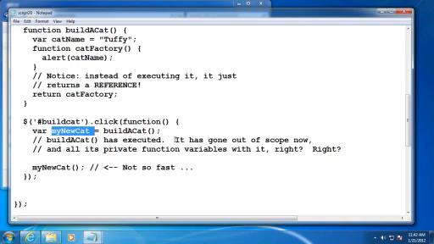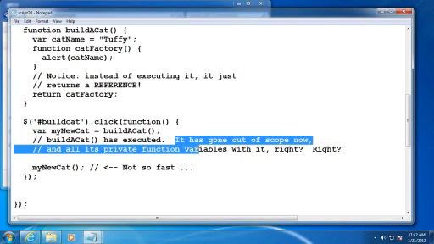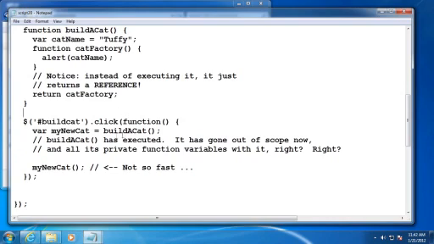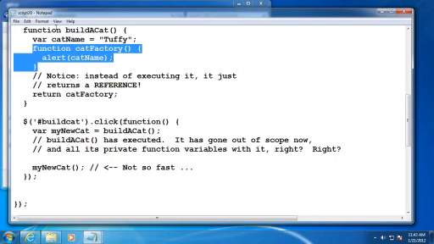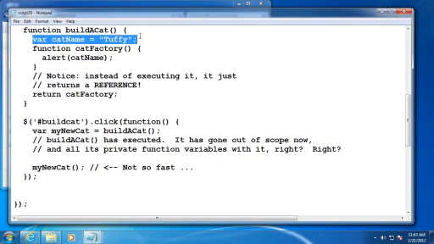And I say it's gone out of scope now, right? And all of its private function variables with it, right? I mean, at this point, we have a reference to just this function. What about all this other information, like catName, for example? Does it persist around? Does it still work? Well, we saw that it actually does stay around. And I'll just add the catName